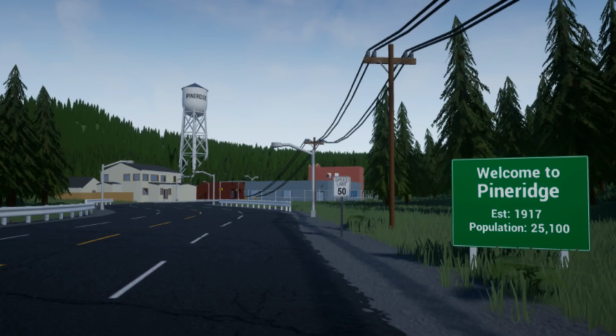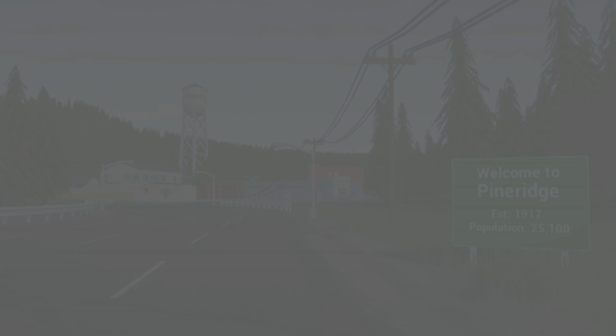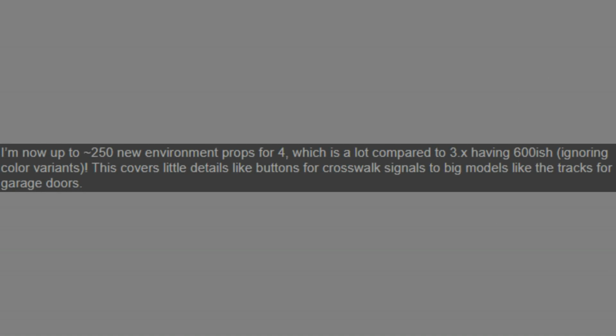When making Pineridge, he has to have map props such as houses, doors, fences, and street signs, and he says I'm now up to roughly 250 new environmental props for 4.0, which is a lot compared to 3.0 having only 600-ish, ignoring color variants. This covers little details like buttons for crosswalk signals to big models like the tracks for